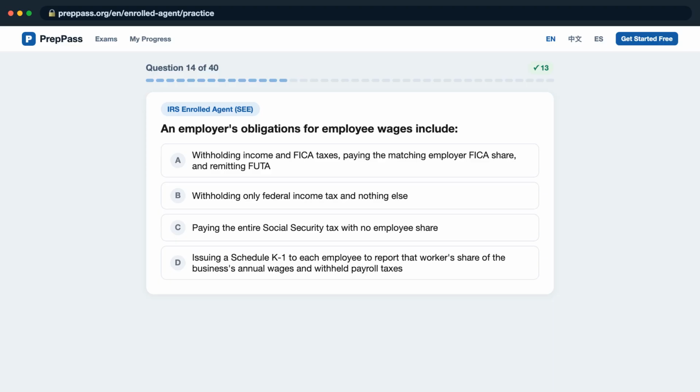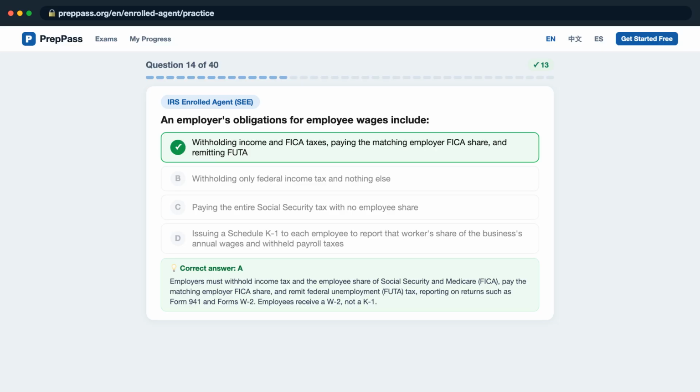Question 14. An employer's obligations for employee wages include, is it A, withholding income and FICA taxes, paying the matching employer FICA share, and remitting FUTA? B, withholding only federal income tax and nothing else? C, paying the entire Social Security tax with no employee share? D, issuing a Schedule K-1 to each employee to report that worker's share of the business's annual wages and withheld payroll taxes? The correct answer is A,